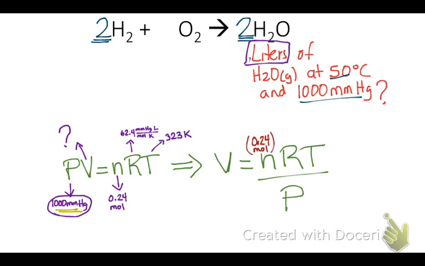Then I have the constant, 62.4, and units here are millimeters of mercury liter over mole Kelvin. Then we have the temperature, which is 323. And pressure,